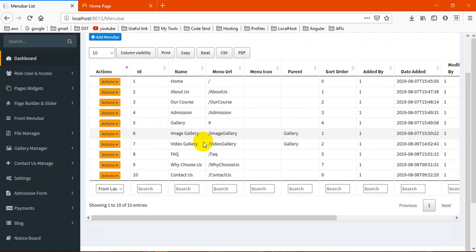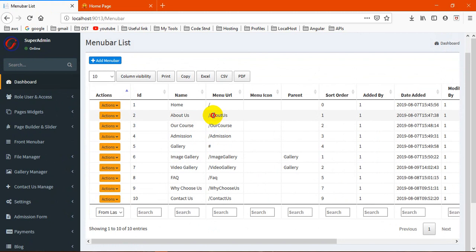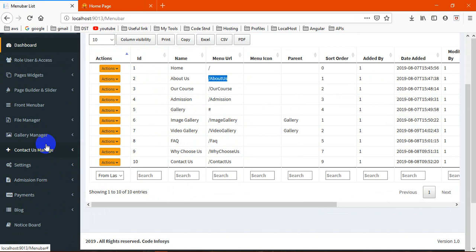Okay, here basically you may add any other link also, but if you want to create internally a new page, suppose you have created about us, so about us page and this menu bar menu URL should be same. Okay, that will be mapped within the backend, automatically track that and open that. Okay, so the further is our